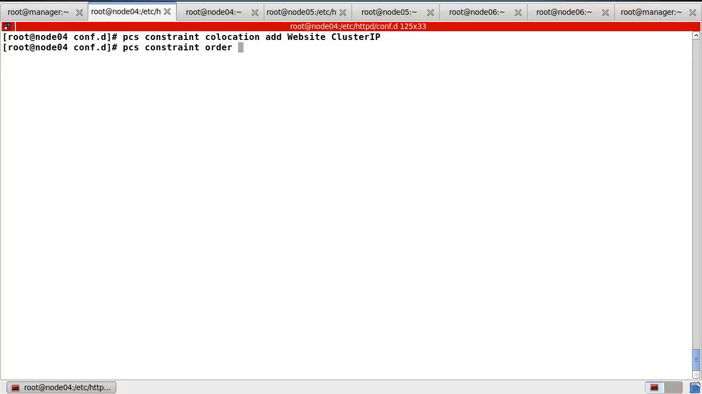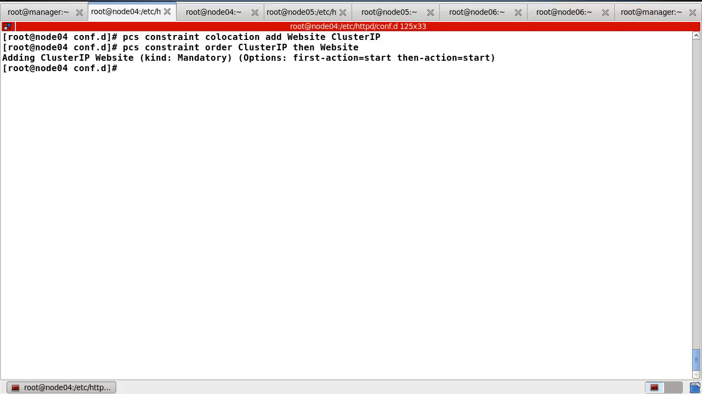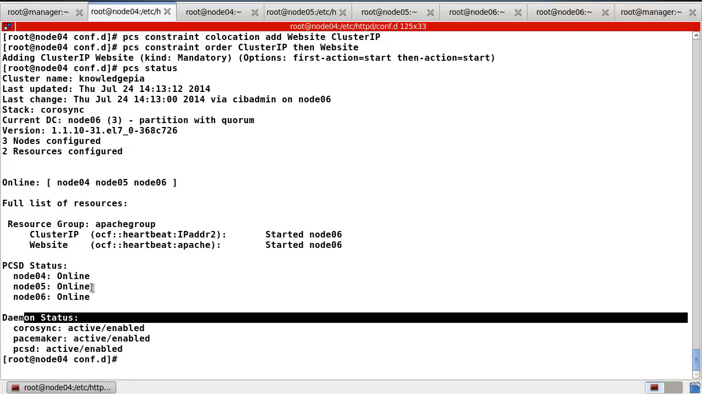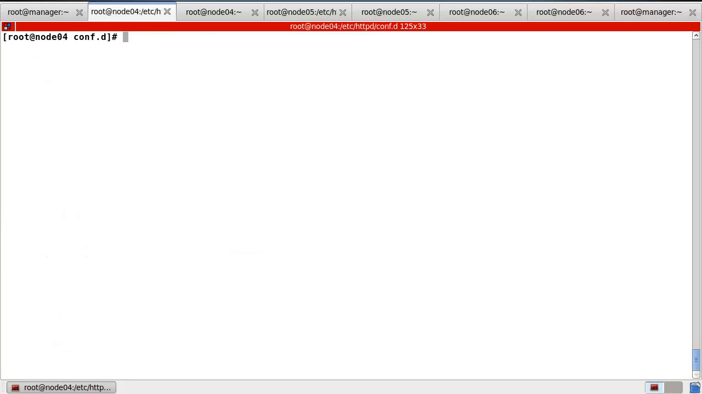So in my case, the cluster IP first, then the website. Okay, now we can find this one. First action start, then action start. So let's check the options, the PCS status. Okay, like this, and the daemon. Also, if we want to see only the constraint,